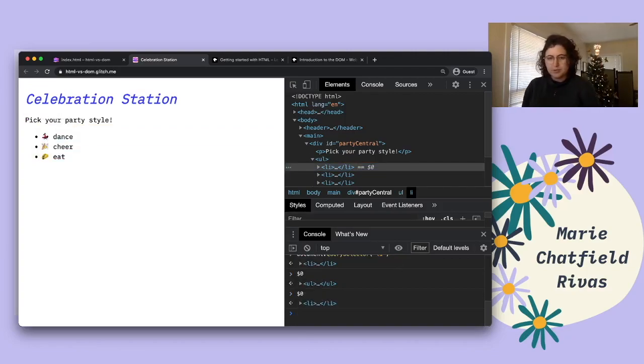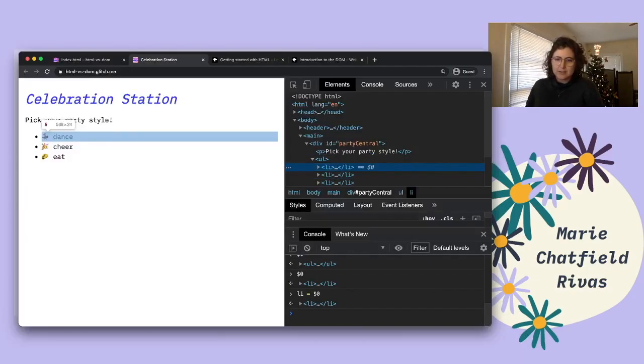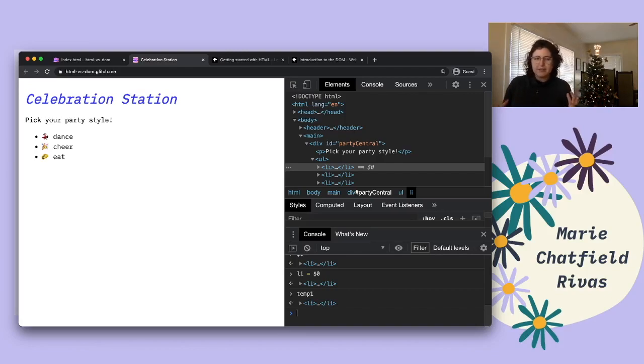I can also assign these to variables so that I can access them later, or you can always right-click and store as a global variable. This is really helpful if you're debugging and you just want to have some quick access to things. So once again, the variables that I'm working with now are actual DOM objects, and all of the APIs on them are defined by the DOM API, even though I'm accessing them through the JavaScript that's provided by my particular browser.